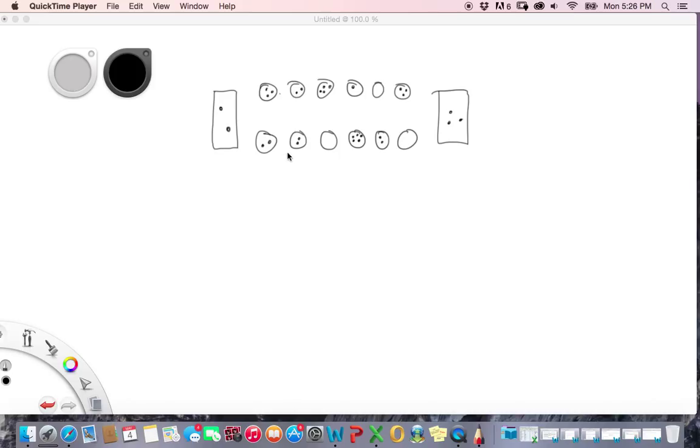So if you look at the description, it says on each move a player takes all the seeds from one of her houses and sows them, moving along the board counterclockwise, placing one seed in each pit, including her houses, her own store, and the opponent's houses, but excluding the opponent's store. For example, they give you this example where they say, suppose you are sitting at this side of the table right here,